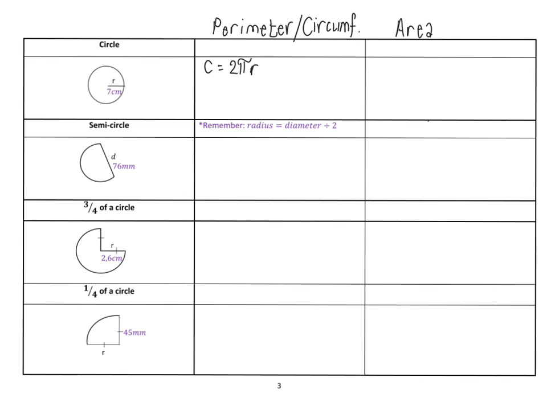So then we go and say it's 2 multiplied by the decimal approximation of 3.142 multiplied by the radius value of 7, and then therefore the circumference value would be 43.988, but I'm going to round it to 2 decimals, so 43.99 centimeters. Now for the area, the formula is pi r squared,